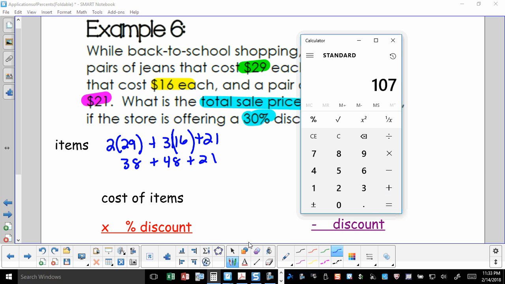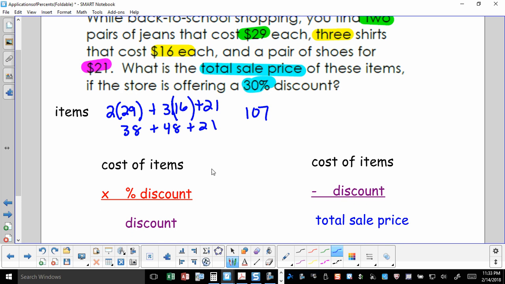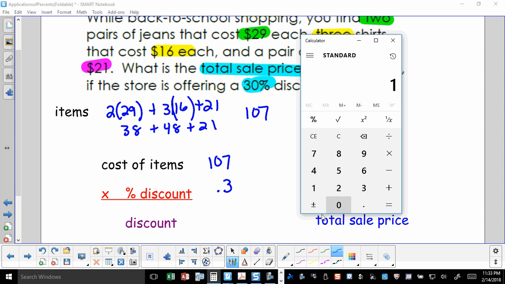It's $107. So $107 is what the cost of the items are. So the cost of the items is $107 times the discount of 30%, which is 107 times 0.3,